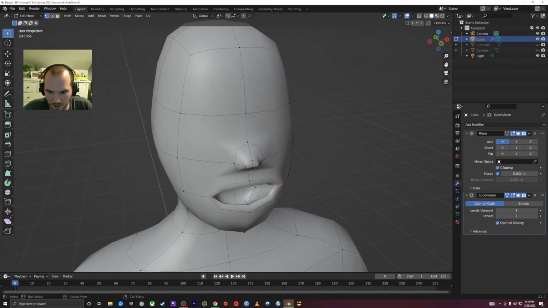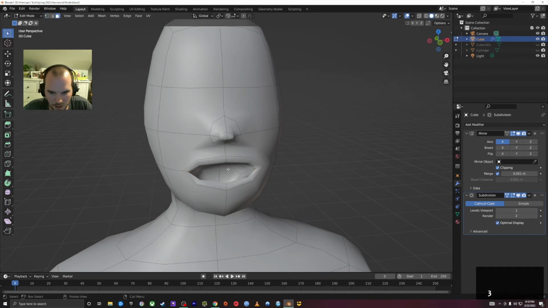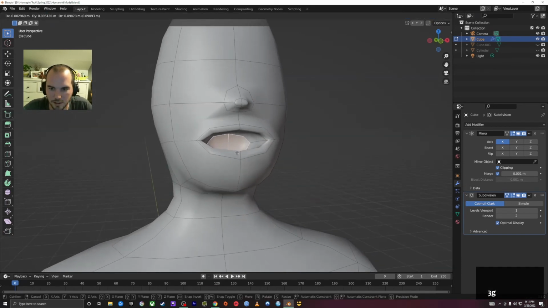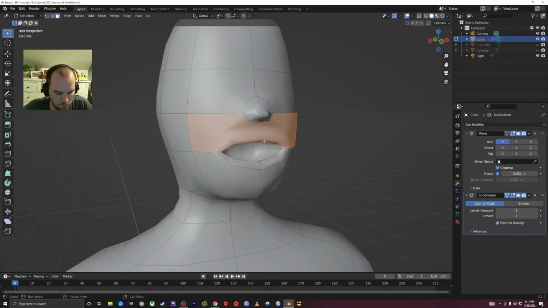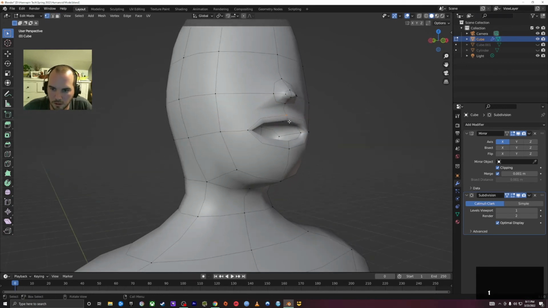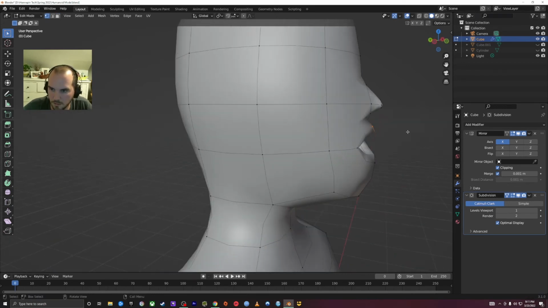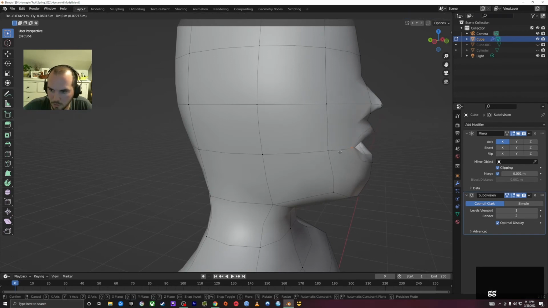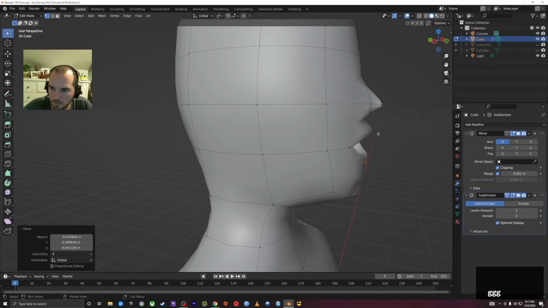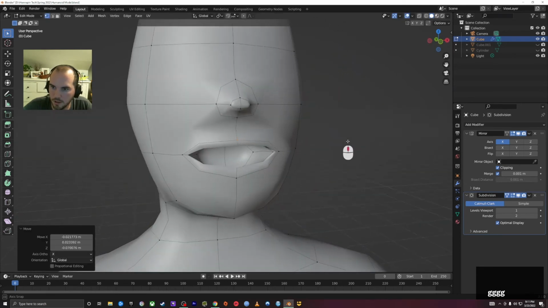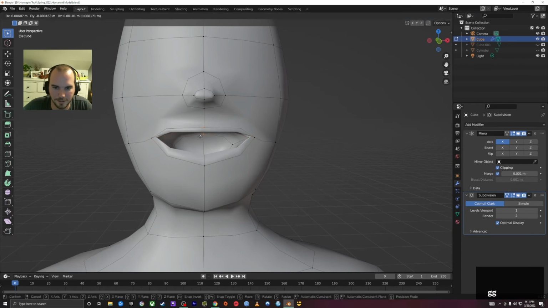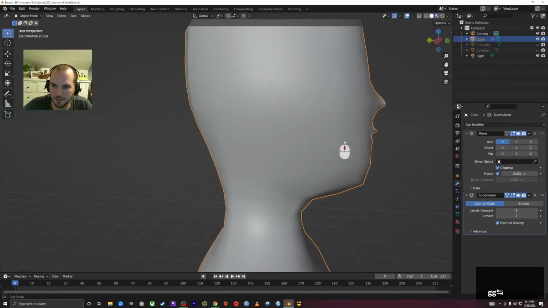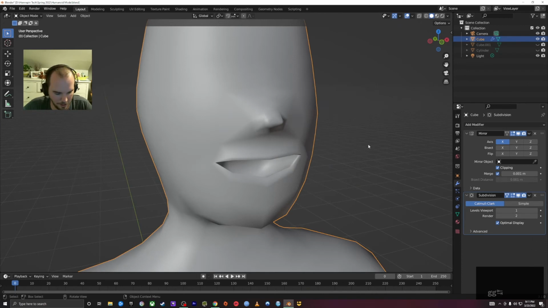So obviously it's natural to see this and be like, oh my god, it looks so bad, because really it does look bad at this point. But you get better, and you can always just improve. Just shift things a little bit, move things a little bit, and then it'll start to look a little bit less freaky as you do it. And maybe they're smiling. And a little trick to add some simple teeth,